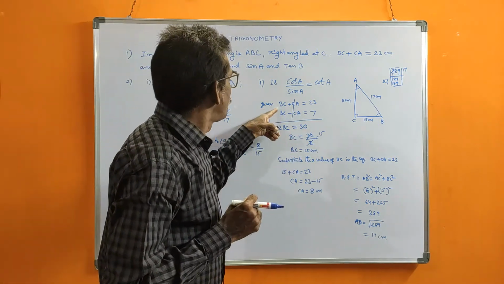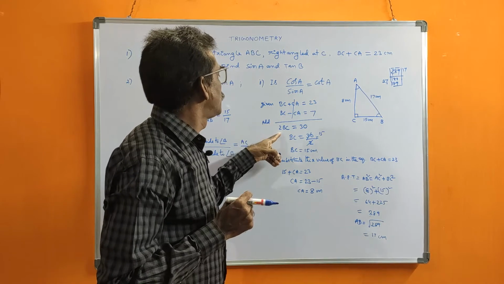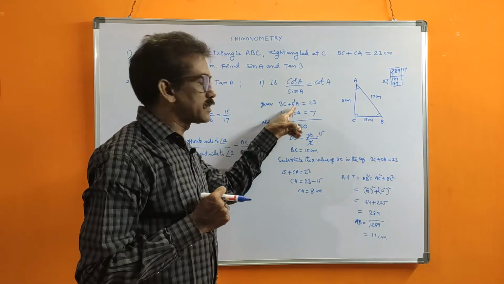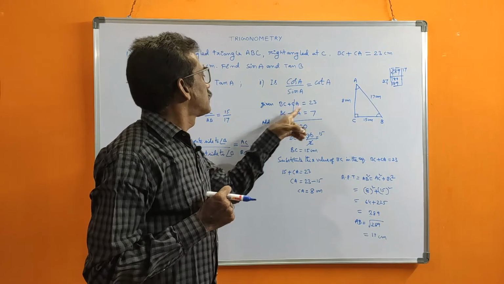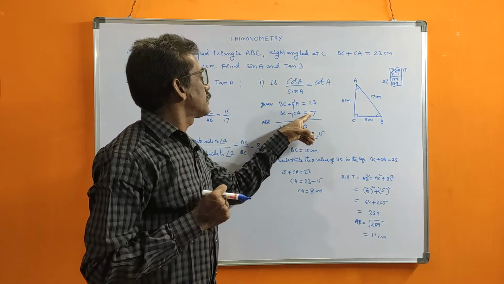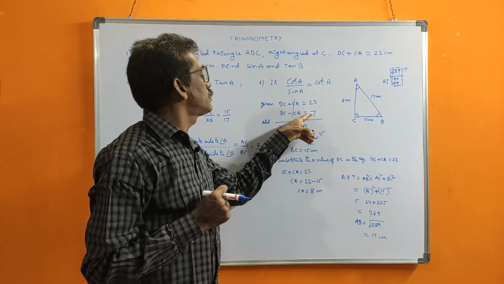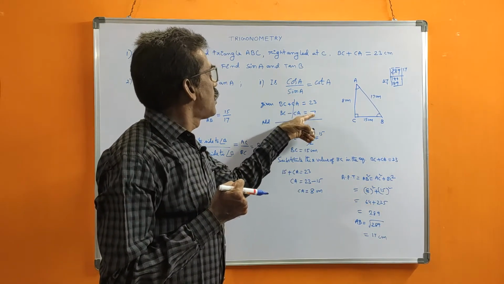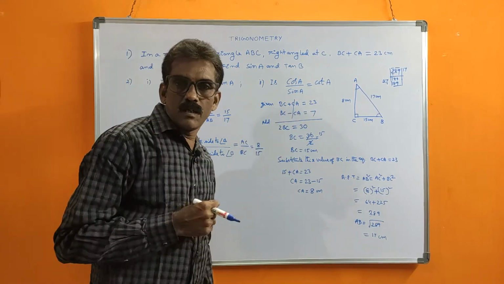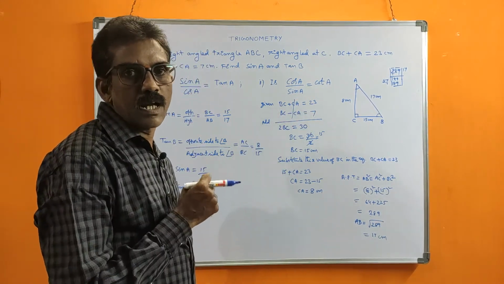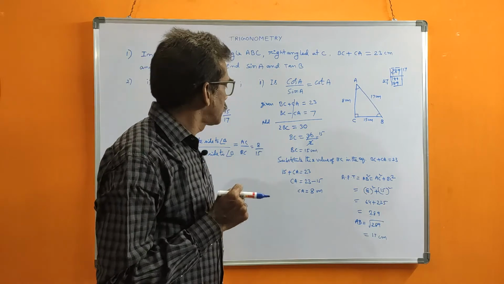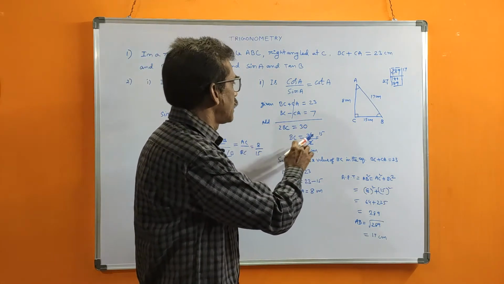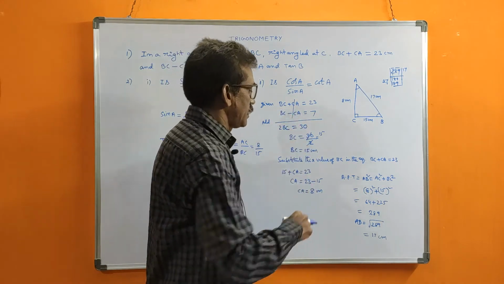See, BC plus BC here, 2BC. Here CA, CA, plus or minus, opposite sides cancel. Here we are adding, that's why you add. Suppose the symbol changes, then you don't add directly, no? If the symbol is minus, you will subtract. That is what you learned in lower classes in algebra. Now like that you should find the variables from the equations. Then you will get BC and CA.